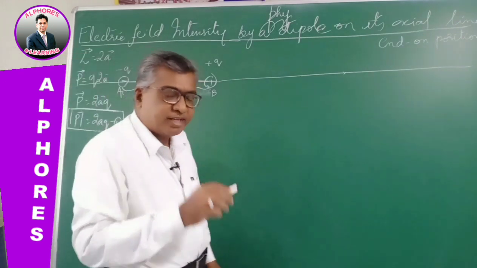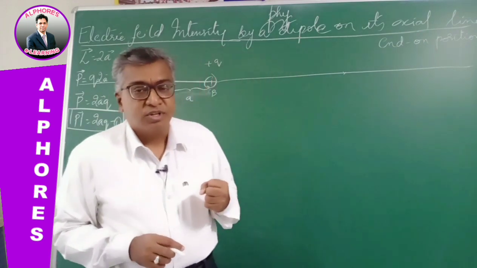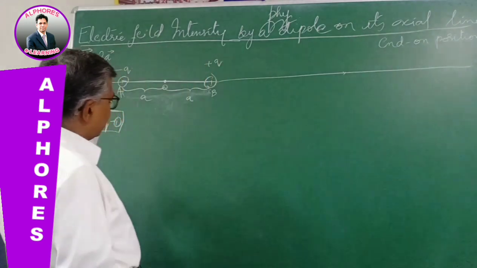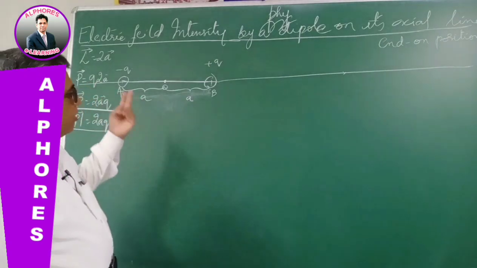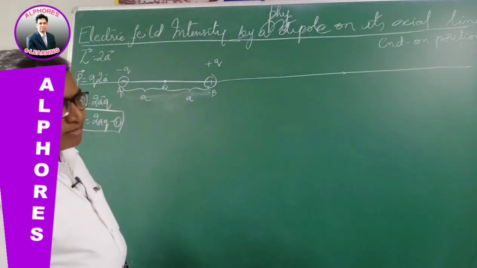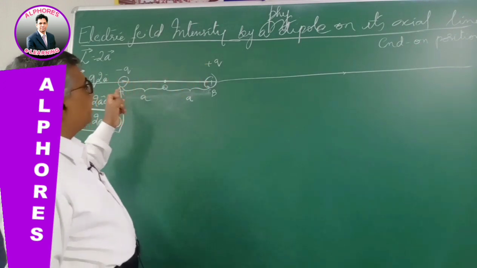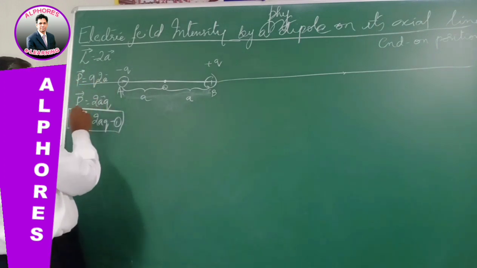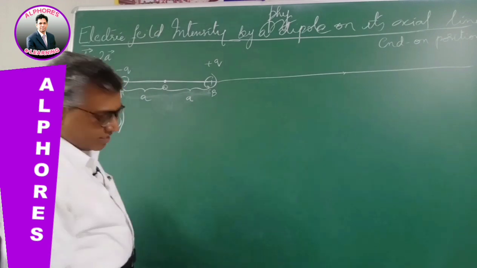And later the dipole moment. The dipole moment is the measure of the characteristic property of the dipole. The strength of the dipole is given by the electric dipole moment. So therefore the dipole moment P bar is the magnitude of either of the charges times the distance between the charges. So it is q into 2a. So P bar is 2a bar q. Magnitude is 2aq. Let it be like this.